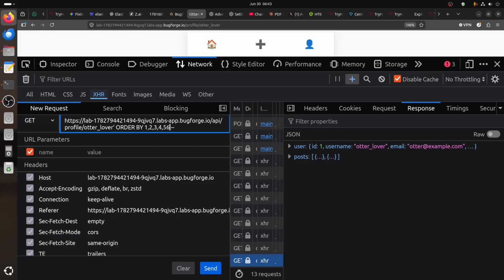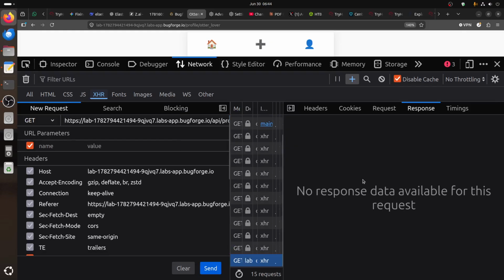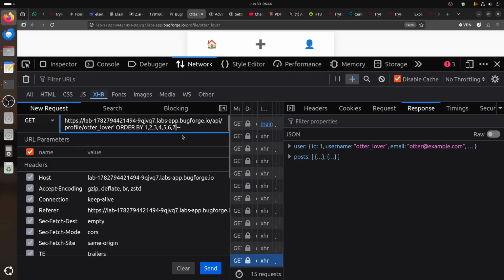And we have 6, not yet. And I have 7, and I think 8 is the error. So we have 8, we have 7. When you have 7, then you switch to